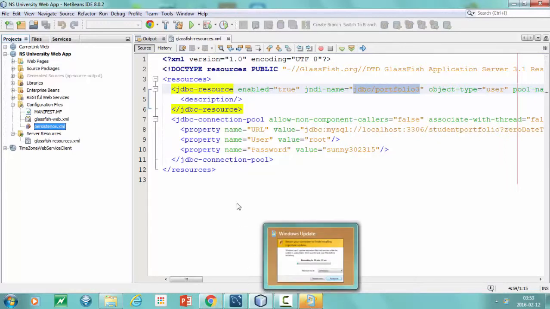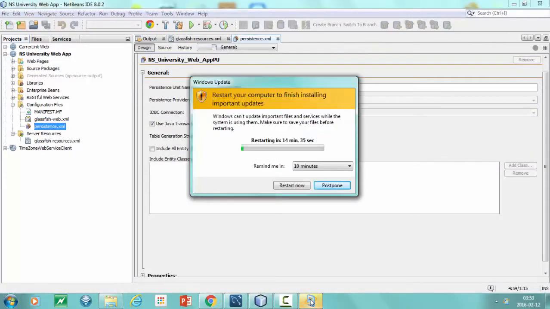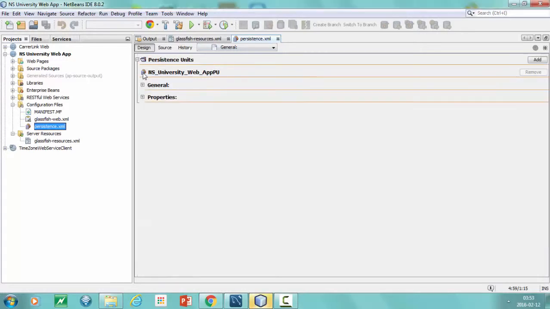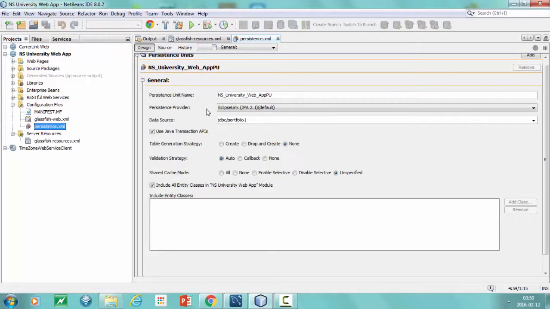I don't know what it's doing. It's still not opening. Okay, so the persistent.xml is open now. In that, if you can see in the general tab, expand your general tab in persistent.xml, and